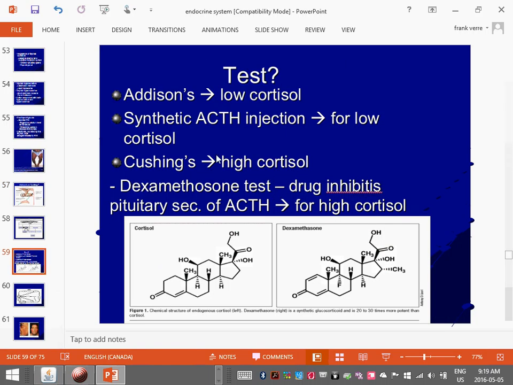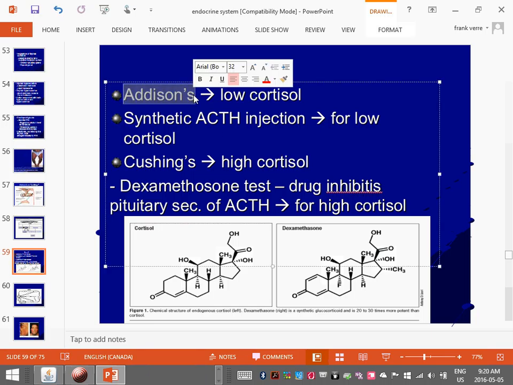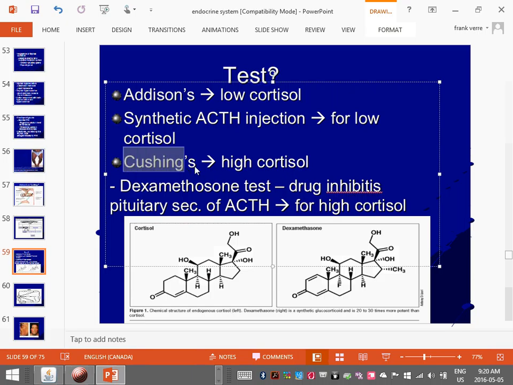When you have low levels of cortisol, the condition is called Addison's disease. Now, if you have the opposite, if you have high levels of cortisol, the condition is called Cushing's disease,